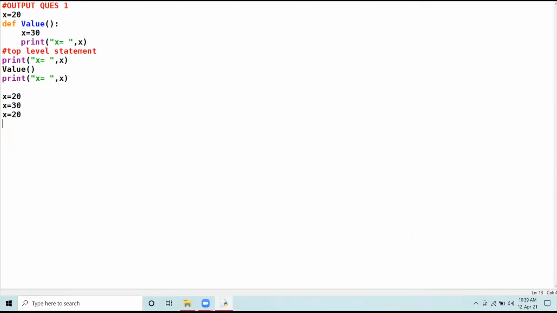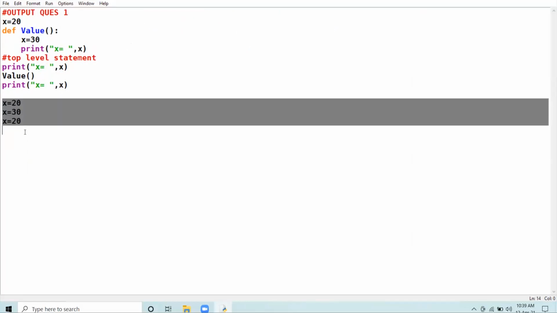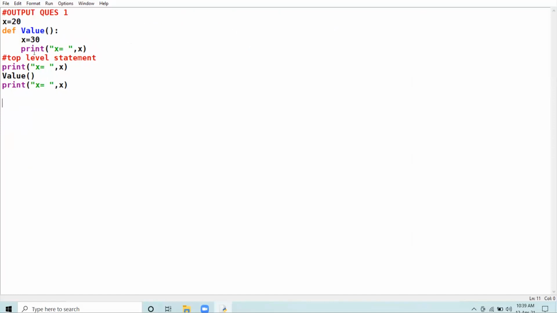Now see. Now I have a question from you people. I want to use this x variable inside the function value. I want to use this global variable only inside the function.